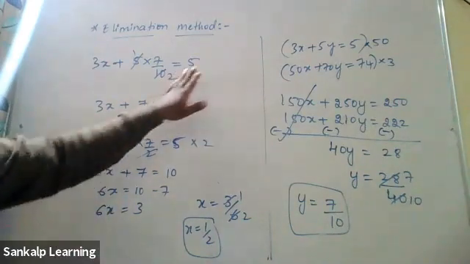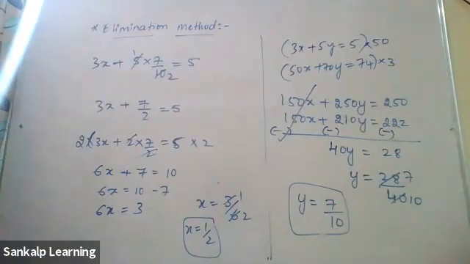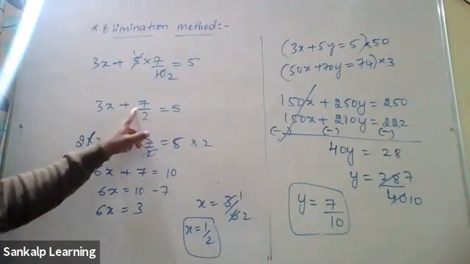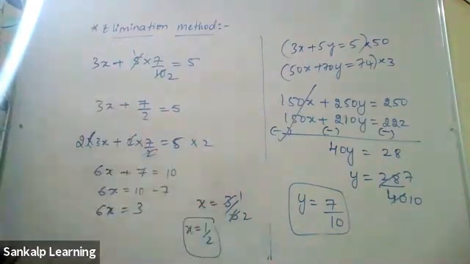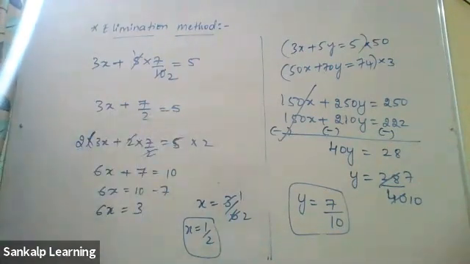Trisha, you made one more mistake here. It is not 50 here, it is 5. Just check it out. You have to eliminate this. How will you eliminate this 2? Throughout multiply by 2. Multiply here by 2, here by 2, here by 2, and you will get the answer.